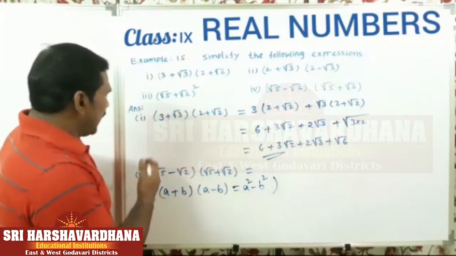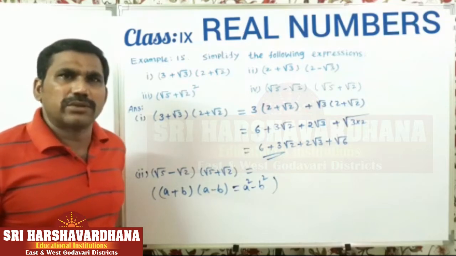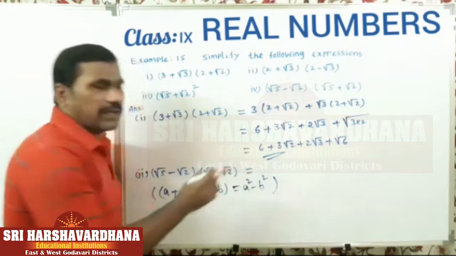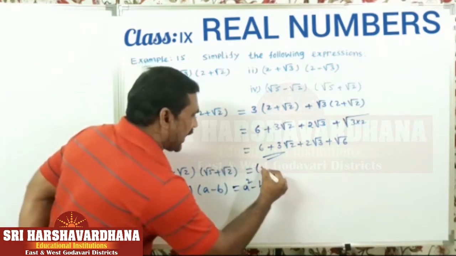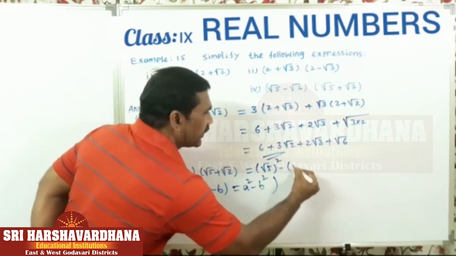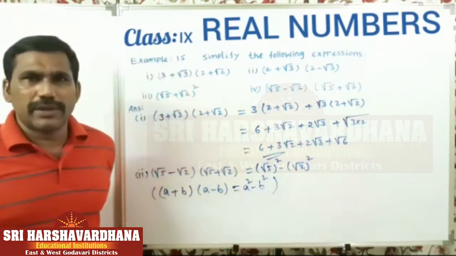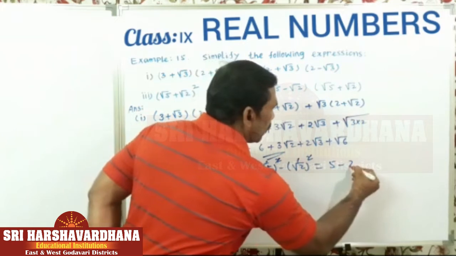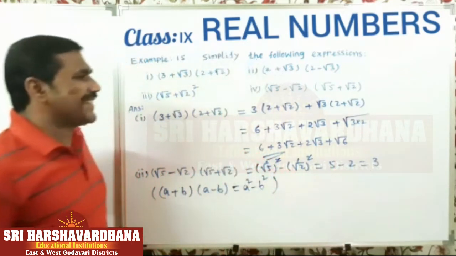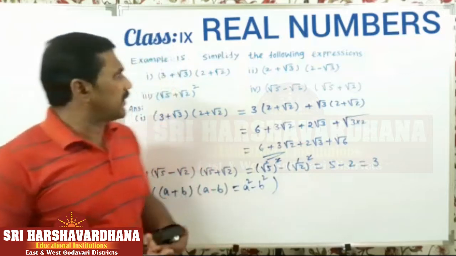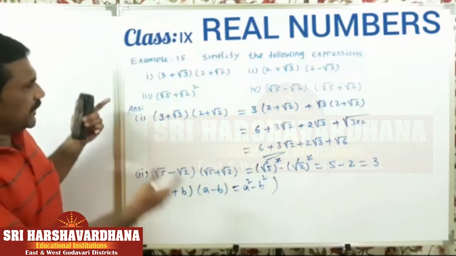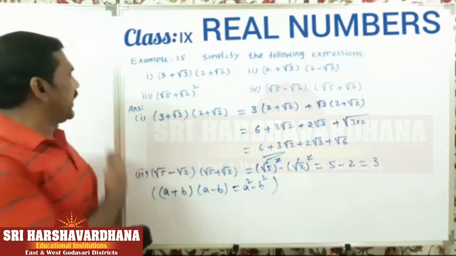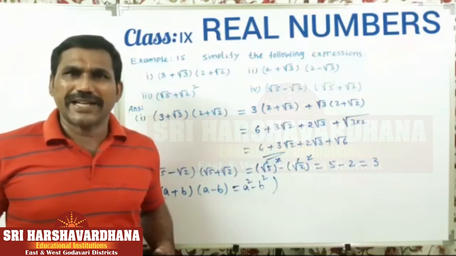Imagine a equal to root 5 and b equal to root 2. Then convert these two expressions into this formula. You will get the result as root 5 whole square minus root 2 whole square, right? See here, square and root will be cancelled. 5 minus 2 equal to how much? 3. The result is 3, right? Next. Okay, up to here, write down in your notebook. After that, I will explain the third and fourth problems. Okay, children? Right.